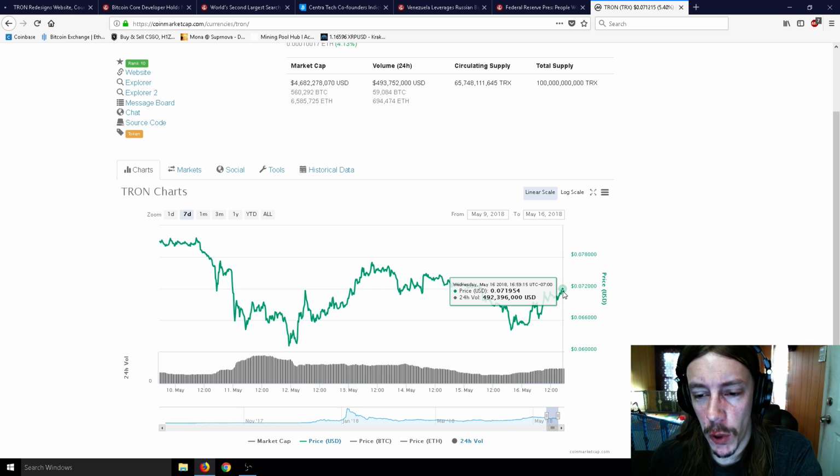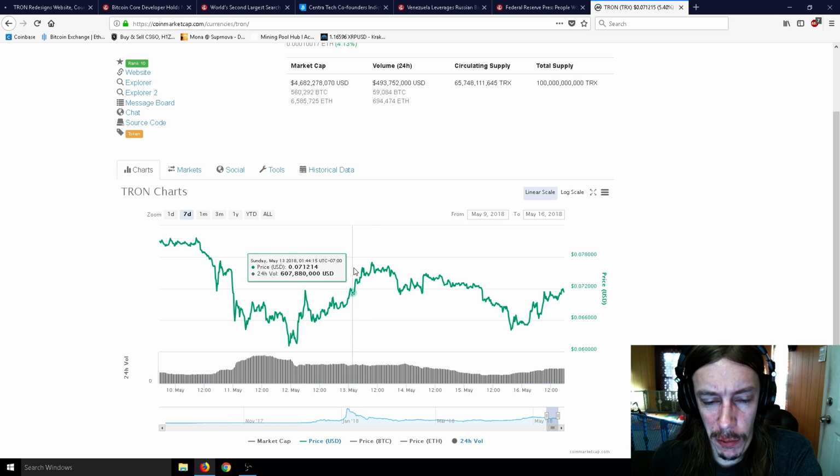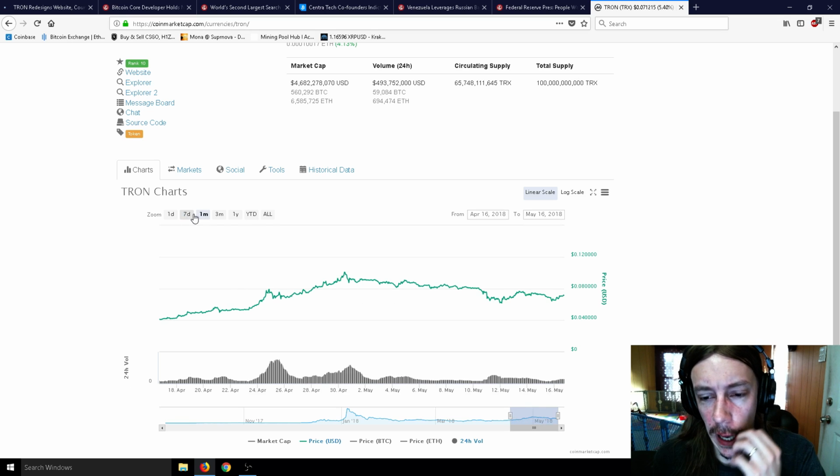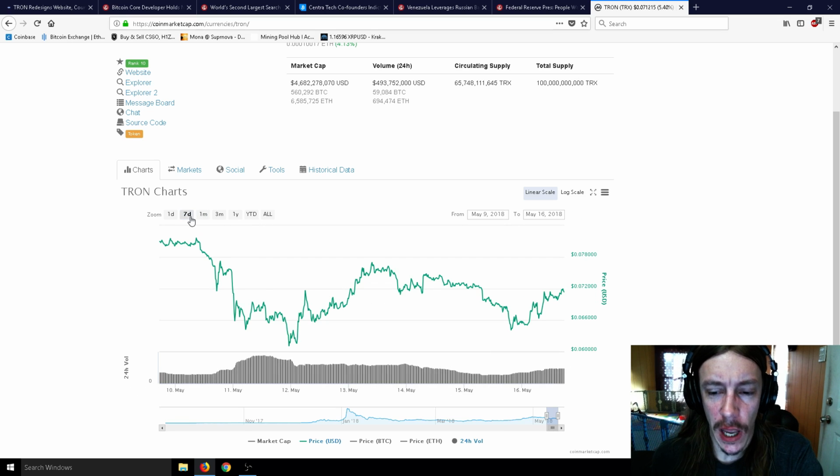We're at like 7.1 cents at the moment. At an all-time high, we were much higher than that, but not that long ago, we were at nearly 9 cents. And so it might be a good time to ride that hype wave until that date, and then just evaluate on that date whether to continue holding or just sell then. So if we're at 7 cents now and it goes to like 9 or 10 cents, let's just say 10 cents, by the time the mainnet launches, because of the hype coming in,